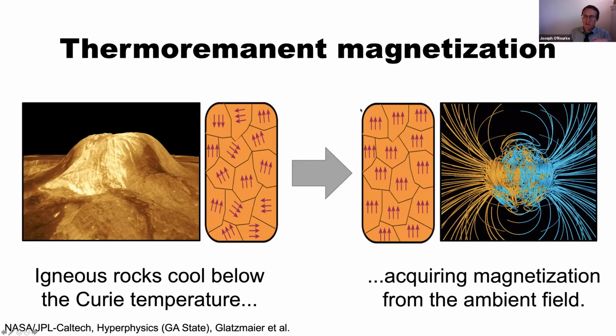re-randomize. And so if you find an old rock, you can potentially infer the strength and the direction of the ancient magnetic field. That assumes you haven't heated it back up again. So every mineral has a magic temperature called the Curie temperature, where if you heat it up above that temperature, things re-randomize. So in order to record evidence of an ancient magnetic field, you need a crustal rock that formed in the presence of an ancient magnetic field, and it needs to have been cooled and remain cool below the Curie temperature for billions of years until now.